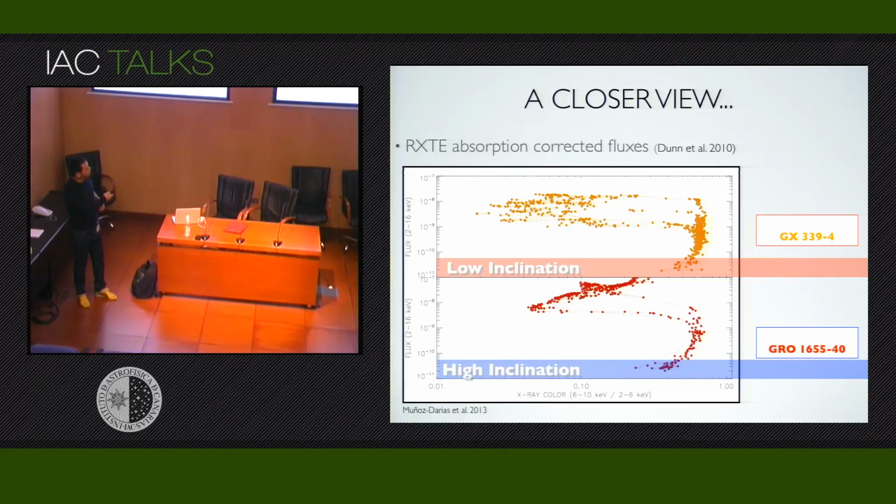And maybe you notice that the transitions here are quite horizontal, whereas here we have this triangular shape. Also, you might realize that this system becomes a bit softer than this system. So the color is a bit smaller, if you want. But this can be just by chance, just by the fact that I picked up two sources that behave